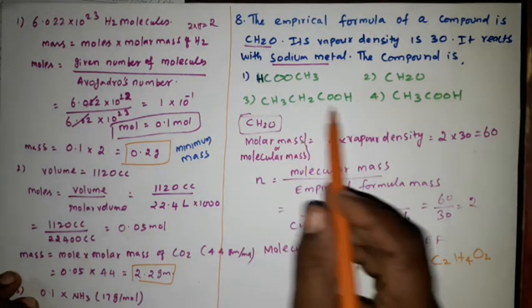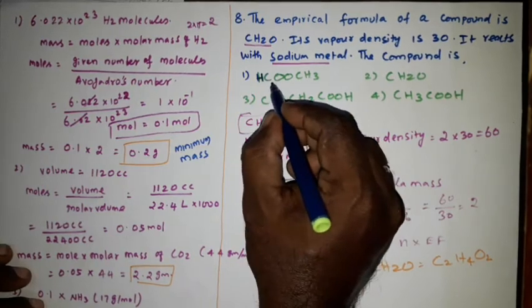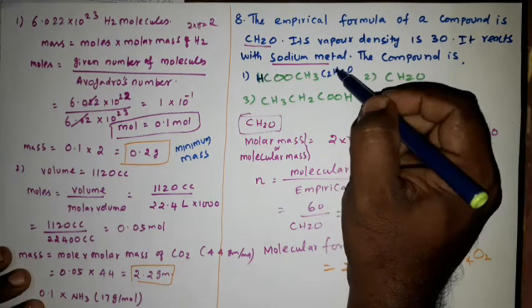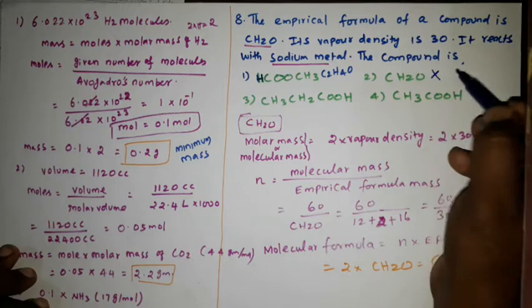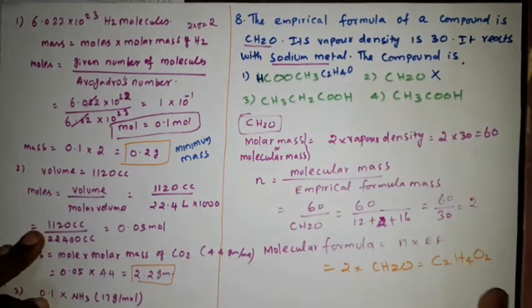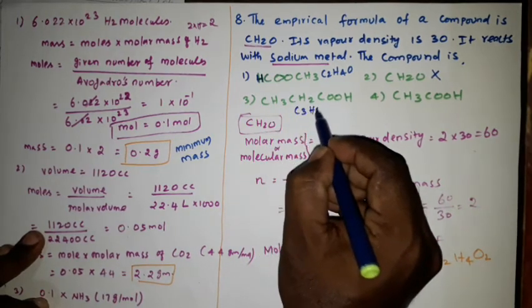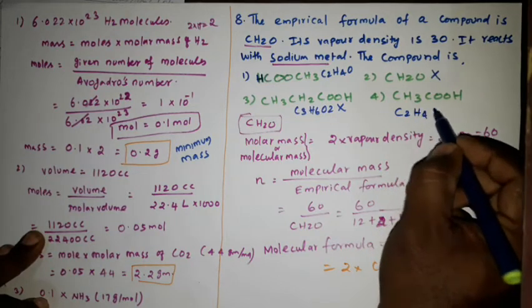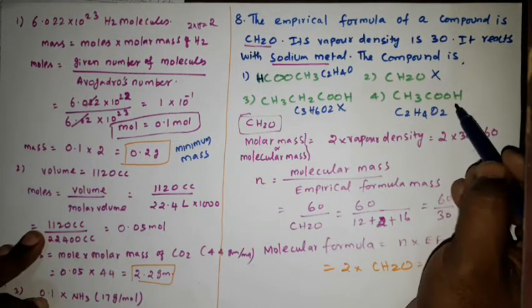Now in the options you see, that first one is C2H4O is there. So this may also be correct. See here, this is CH2 only. So this is wrong answer. That formula should come C2H4O2. See here, C3H6O2. This also wrong option. C2H4O2. So option 1 or 4 may be the correct answer.